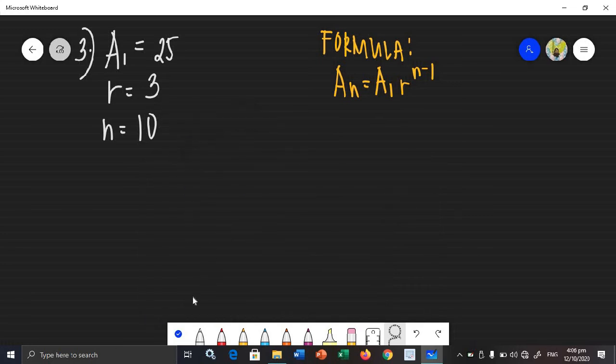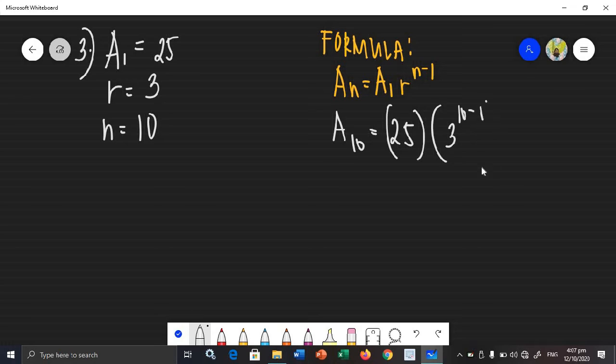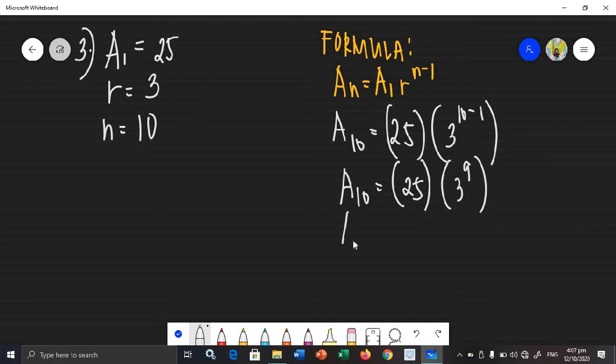Okay? So, now that the given is complete, we can substitute the given using the formula. So, a sub 10 is equal to a sub 1, which is 25, times your r, which is 3, raised to n, where n is 10 minus 1. Okay? A sub 10 is equal to 25 times 3 raised to 10 minus 1, that is 9. A sub 10 is equal to 25 times 3 raised to 9, which is equal to